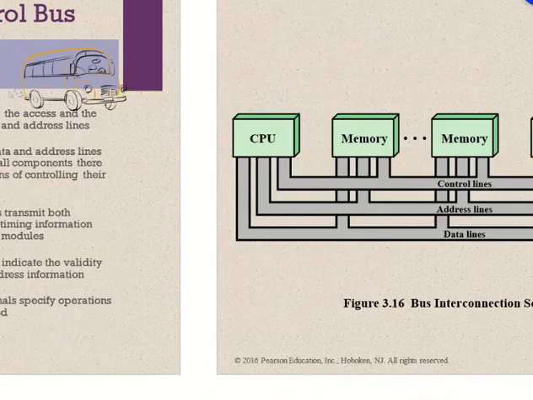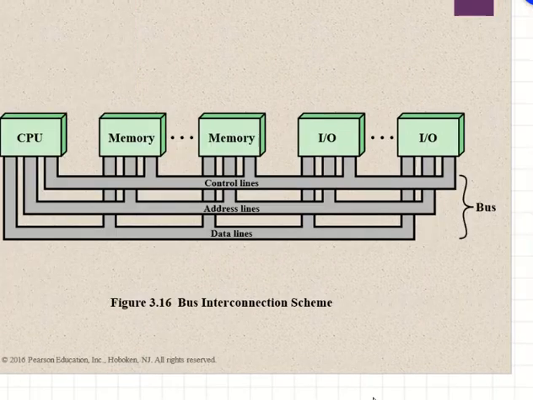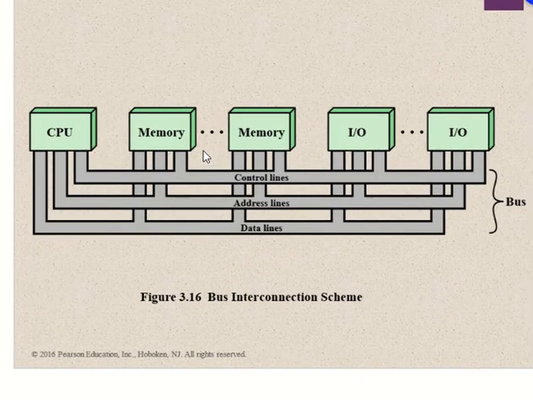So you can see an example of the buses here. We have the components like a CPU, I/O and the memory. CPU means the processor, memory, I/O, everything. Can you see the control lines between the components, address lines between the components, data lines? So those are the buses. Okay.